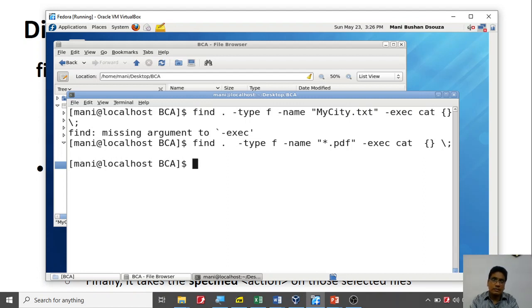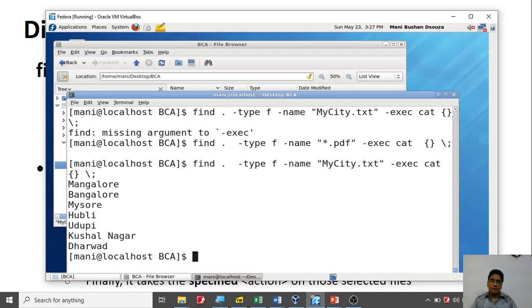Let me first try it without, oh, that's not star.pdf. What was the name of that file? mycity.txt. I'm doing it because I don't want you to waste your time with my mistakes. Okay, mycity was the name that I had, and you'll notice it's going to come because last time I made some mistake. I quickly shifted over because I'm recording, and when I record, I don't want you to wait and watch the mistakes.